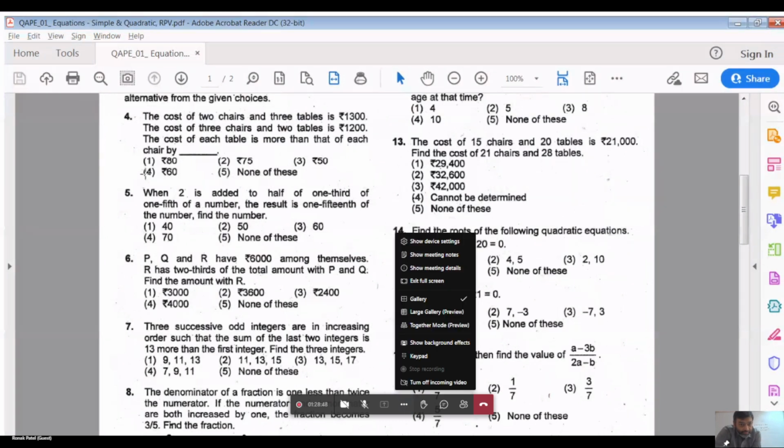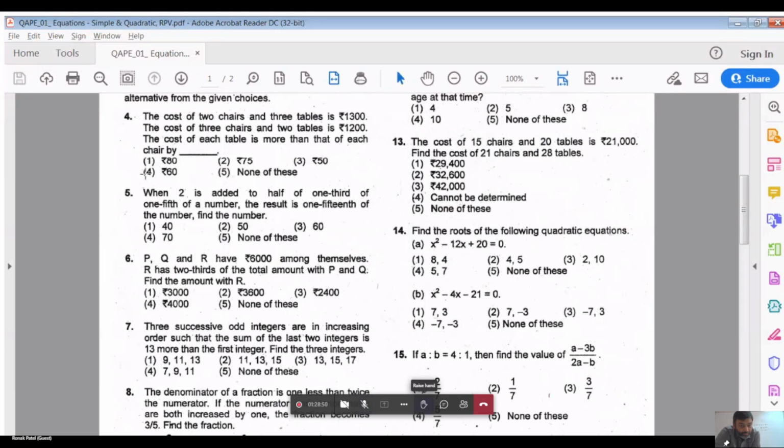Fifth number. 60. Yes, that's good. Here, assuming one variable would be a nice option. So, sixth one,